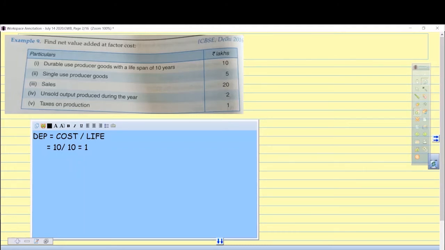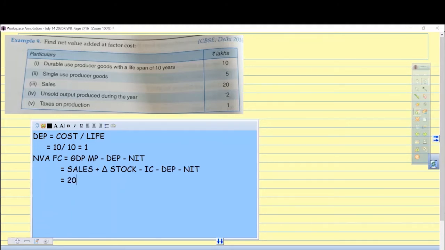So now we have all the variables or all the items that we require in order to solve the question. The question is to find out net value added at factor cost, or NVAFC, which is equal to GDP MP minus depreciation, the gross to net difference, and also, for market price to factor cost, I have to subtract NIT or net indirect taxes. Now I will rewrite this formula. Instead of GDP MP, I will write sales plus change in stock minus intermediate consumption, then minus depreciation minus NIT. Now I am having the formula with me. I will solve the question.